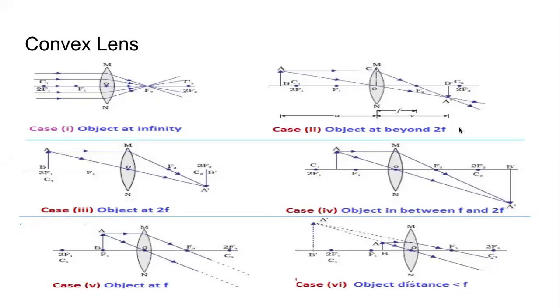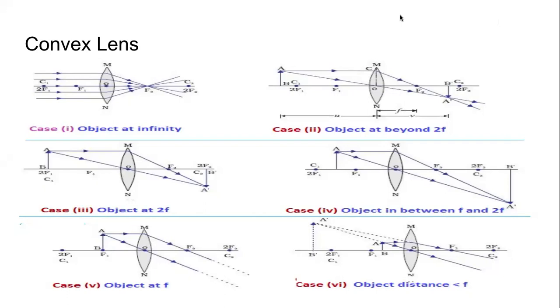This is how an image is formed when we use a convex lens. Just look at the slide quickly and tell me how many cases are there? How many situations are we showing? 6. And it is the same 6 situations that we mentioned when we were talking about location. We said infinity, beyond center of curvature, at center of curvature, between center of curvature and focus, at focus, between focus and optical center. These are the 6 locations in that order.